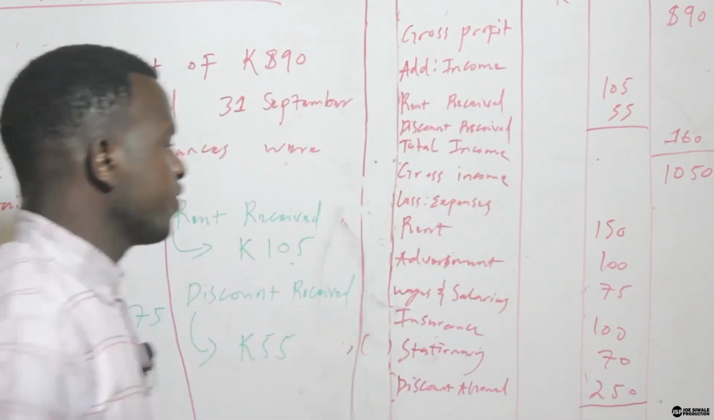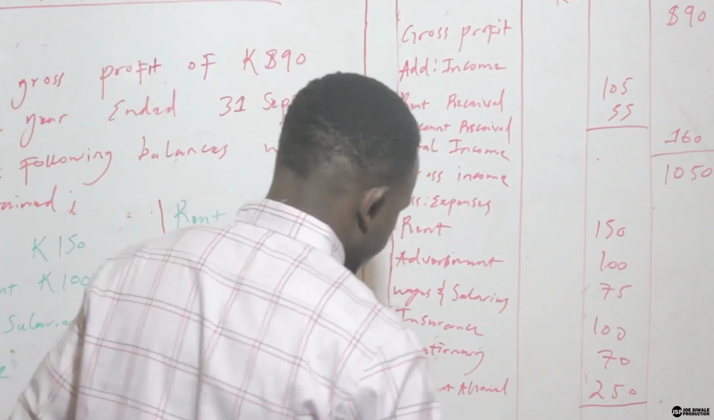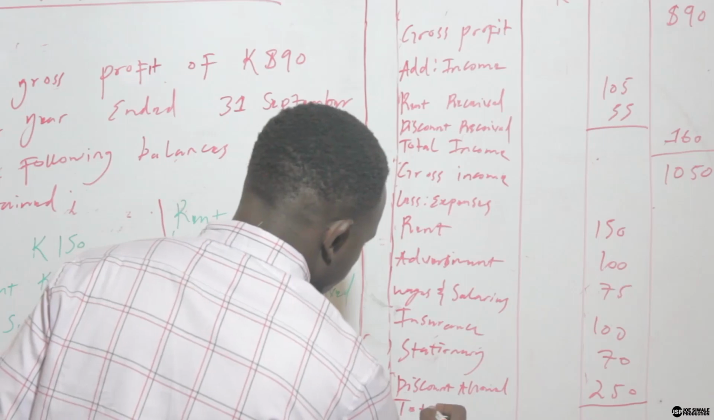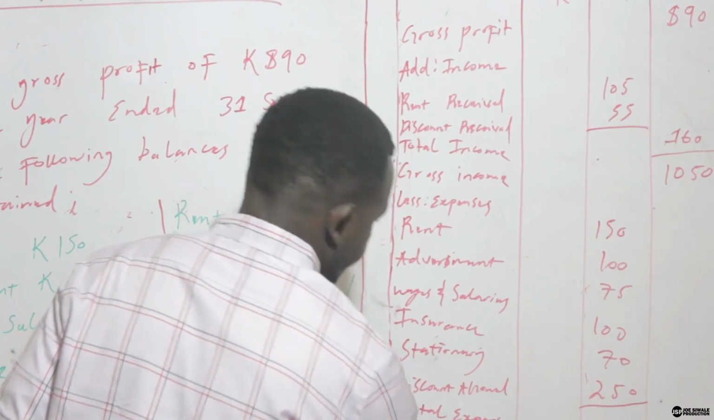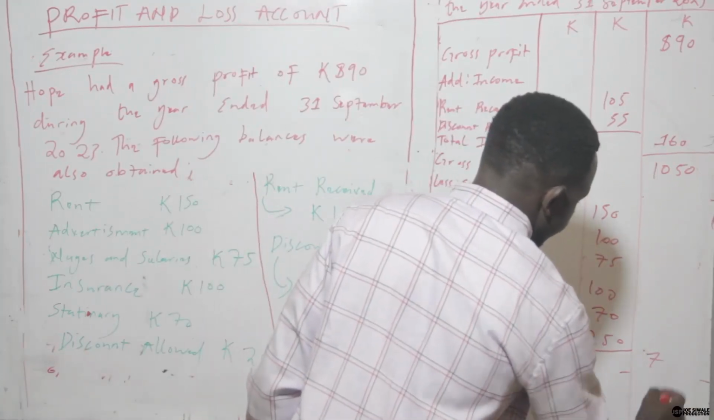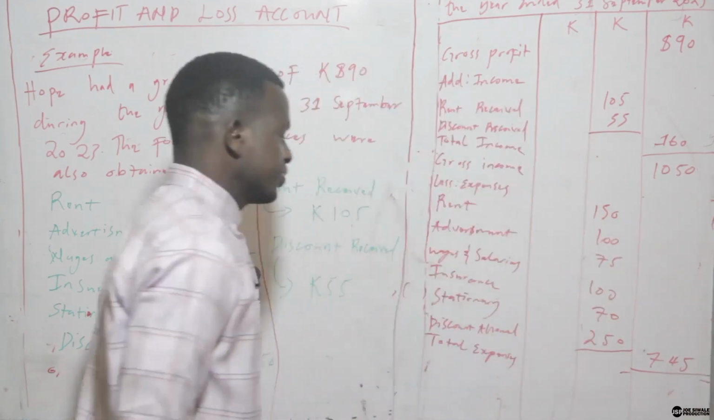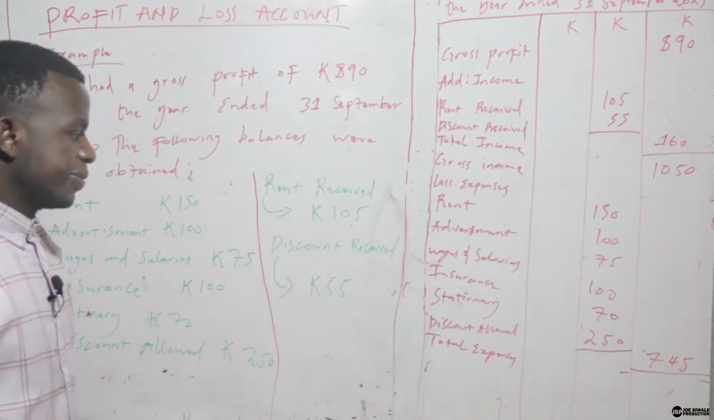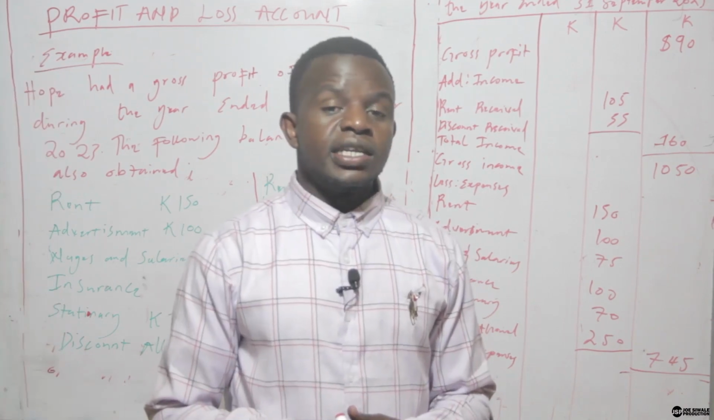So we'll say 150 plus 100 plus 75 plus 100 plus 70. We're going to have total expenses. So our total expenses, we're going to have 745. Since we have calculated our total expenses to be 745, the next thing we are supposed to calculate is the